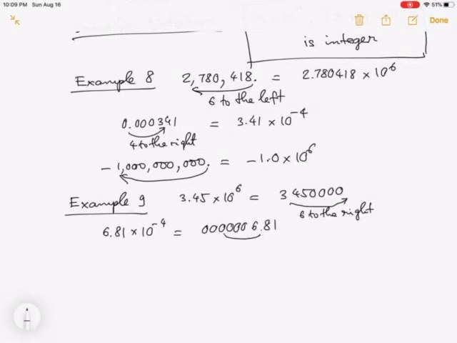And now we move it 4 places to the left. So it will be 0.000681. Okay, so